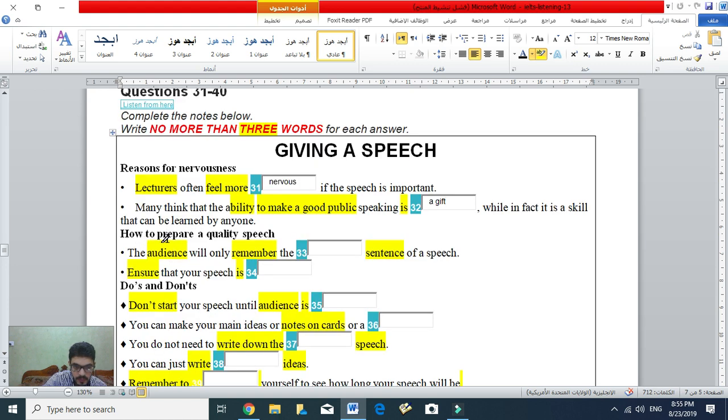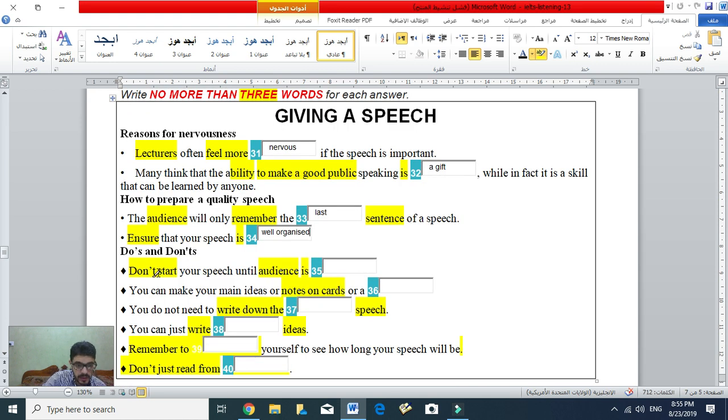The first most important thing you can do to improve your confidence in delivering a speech is to prepare a quality speech. Honestly, while the content of your speech is relatively important, the audience will really only remember the last sentence you say. It is a good idea to structure the rest of your speech to lead up to this last point to really drive your message home. This is a good way to ensure that your speech is well organized. Once you are confident in the quality of the speech you have written, the rest is just about your stage